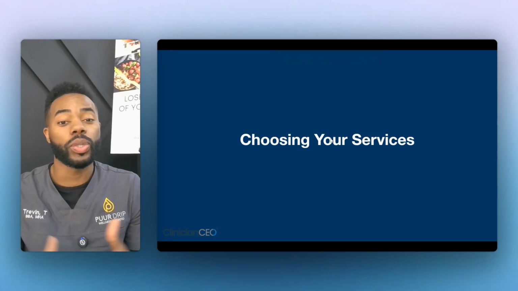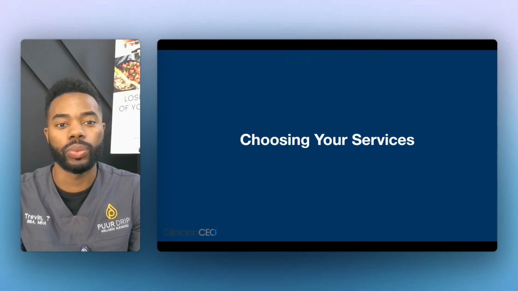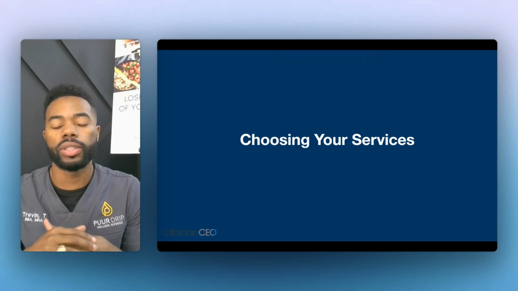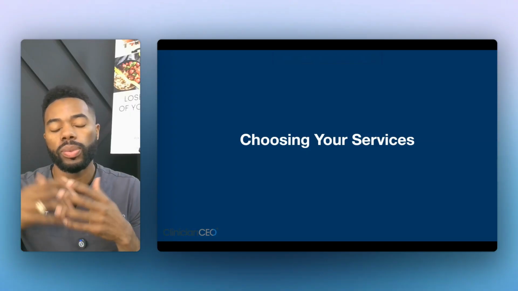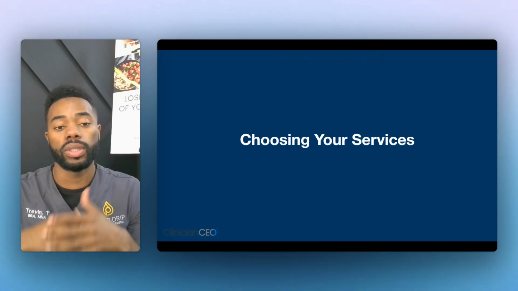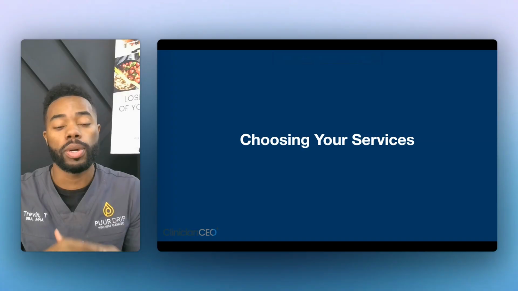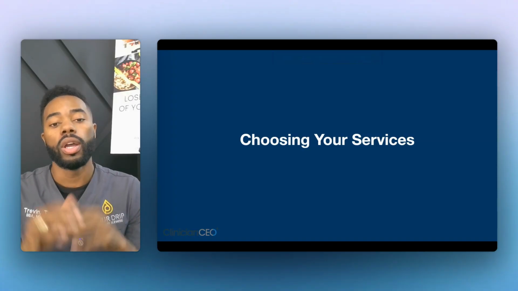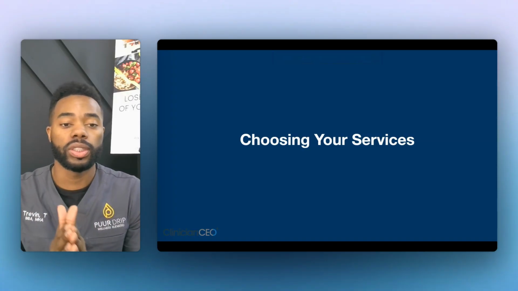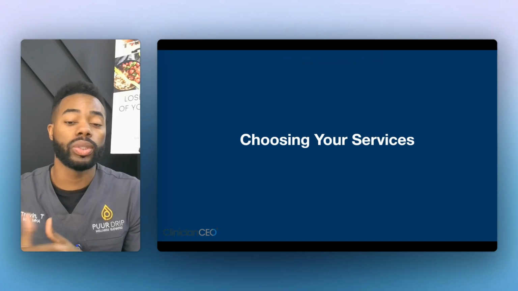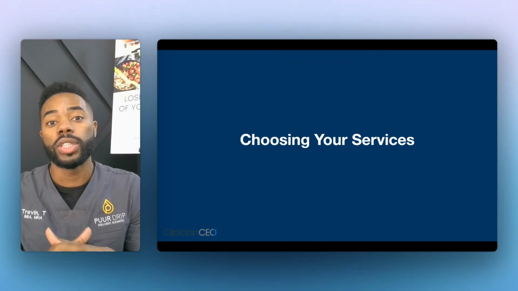Hey everyone, so next we're going to jump into choosing your services. This is after we get a very good understanding of the laws in our state, what services we can offer with our licensure level and the scope, and we really have that compliance part batted down and we know exactly what to do there. We want to go into choosing our services because that's going to inform what we can choose at this stage. So that's what we're going to be talking about today.